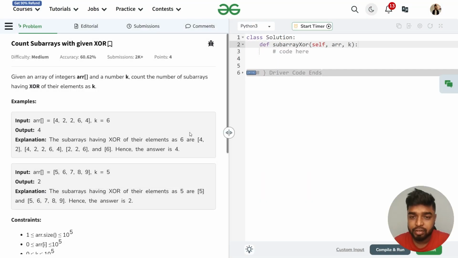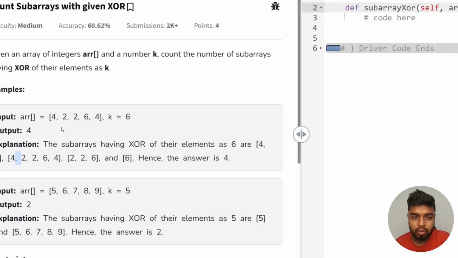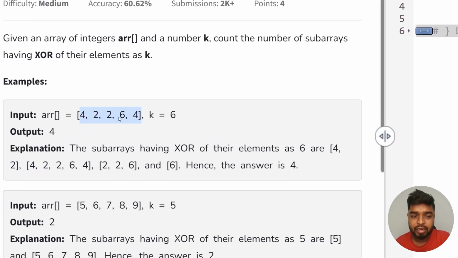In this video, we will discuss the problem that is count subarrays with given XOR. The problem says that we'll be given an array of integers and another integer k. We have to count the number of subarrays whose XOR is equal to k. So basically, if you see the first test case, that is 4 2 2 6 4, in this particular given array, there are 4